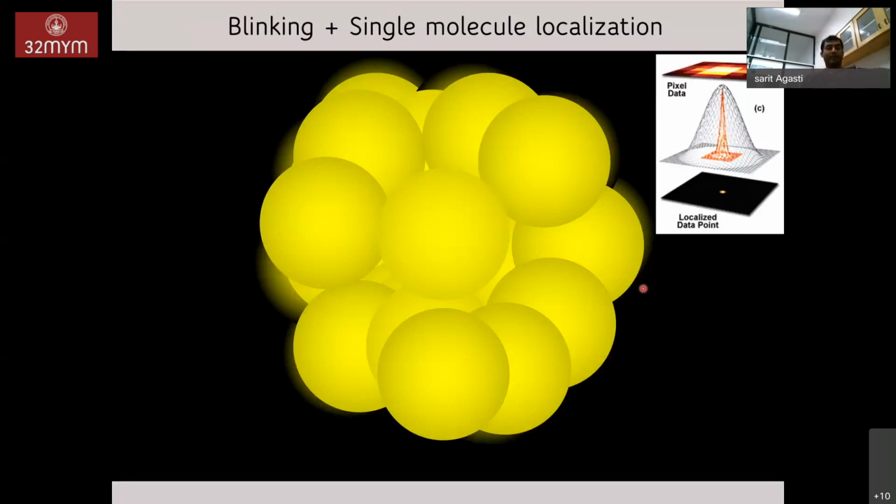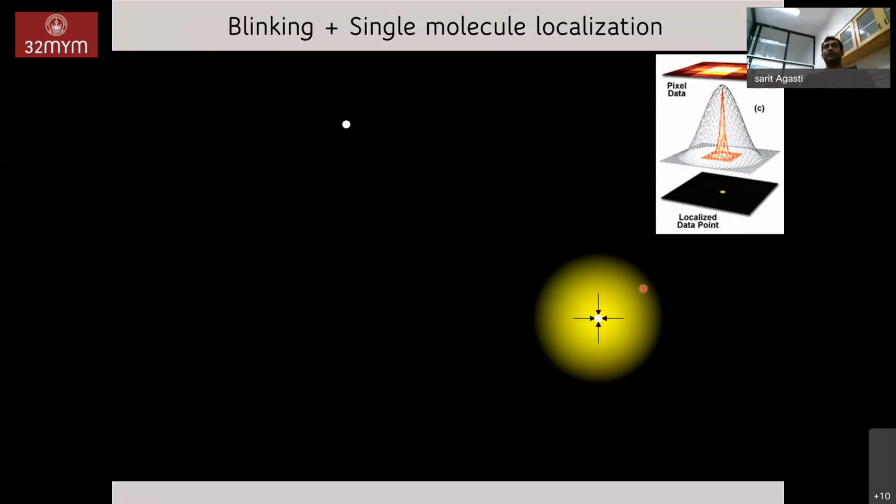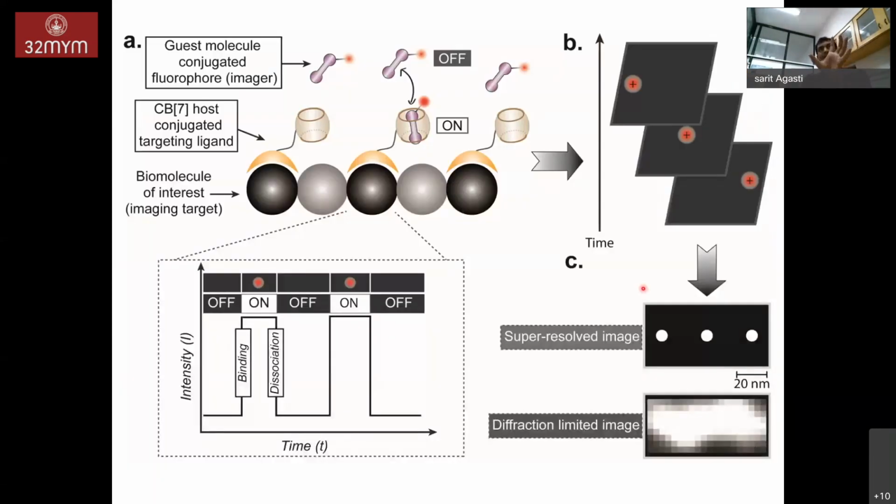And the strategy is given here. Here is a structure where all the molecules are fluorescent at a single time. However, if you are able to specifically turn on and off different molecules, like kind of blinking, you can use some mathematical algorithm to fit this data and get a specific localization. So that once we do this sort of blinking and localize this, you should be able to get a complete picture or map of a molecule which is well beyond the diffraction limit. And that's exactly what we did. We have used this strategy and integrated it in the biological system, and that's what we get.